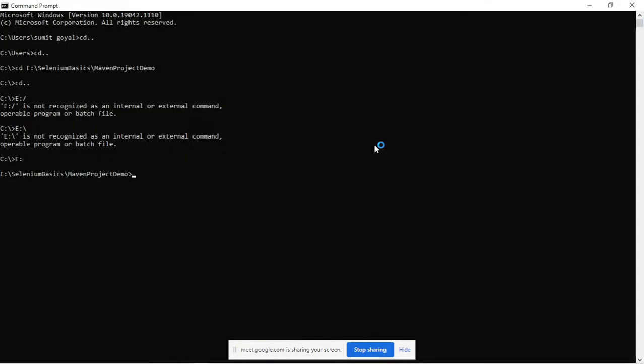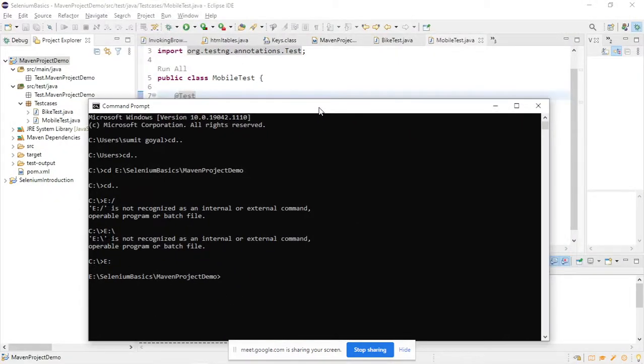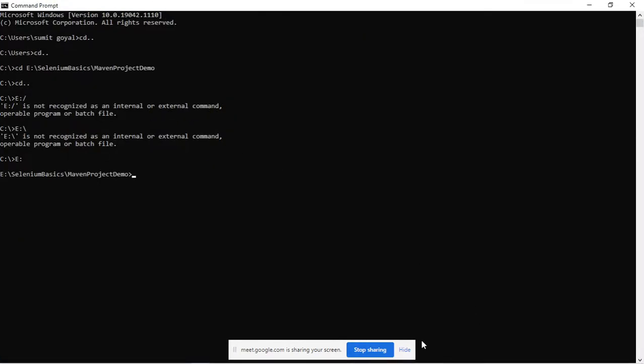So now once we are on the drive here, I am coming to this complete project path, right? This is the complete project path where I want to navigate. So this Maven project demo is present here. First I come to this project level. Then there are three important commands. So the first one is that